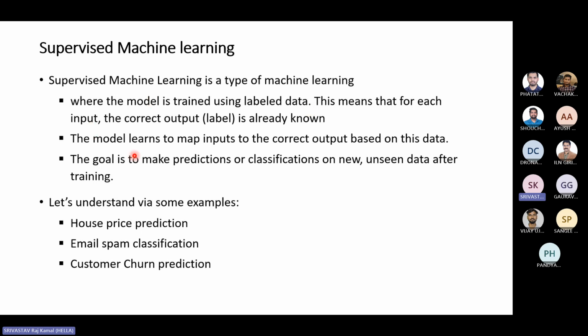Now what the model does is try to find the patterns. Finding the patterns means mapping input to the correct output based on this data. It will try to find an appropriate relationship between the given data and the output y. This way the model tries to learn: if this is the locality, this is the price; if this is the data point, this is the price. All the x1, x2, x3, x4, up to xn are provided. Every time the model will try to find the best coefficients theta 1, theta 2, etc. And after this training, after say 1,000 iterations, the model would be trained.